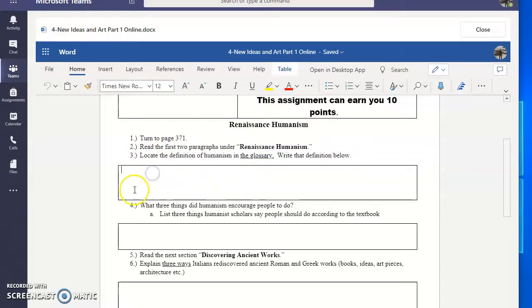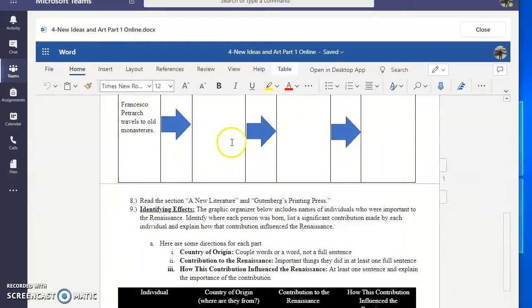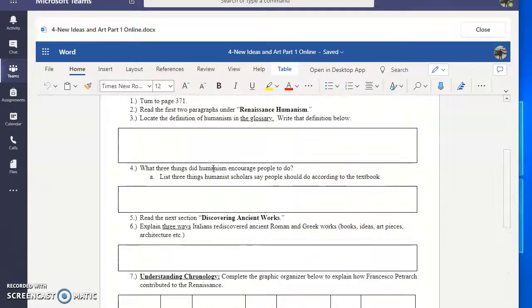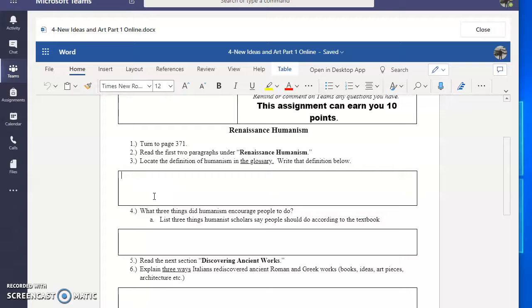And to answer the questions, all they have to do is click in these little boxes. I got rid of the lines to make it a little easier for students to be able to type their answers. So I would write something like, because it's asking me the definition of humanism, I just say, humanism is defined